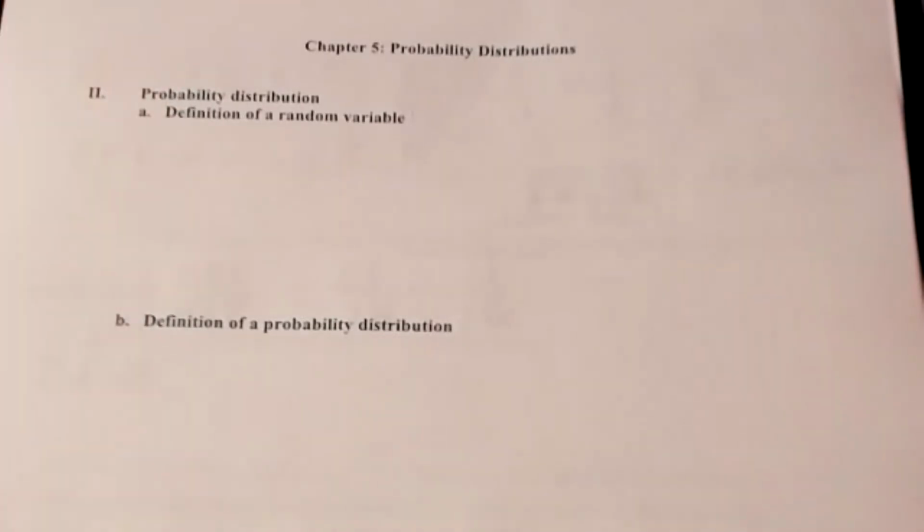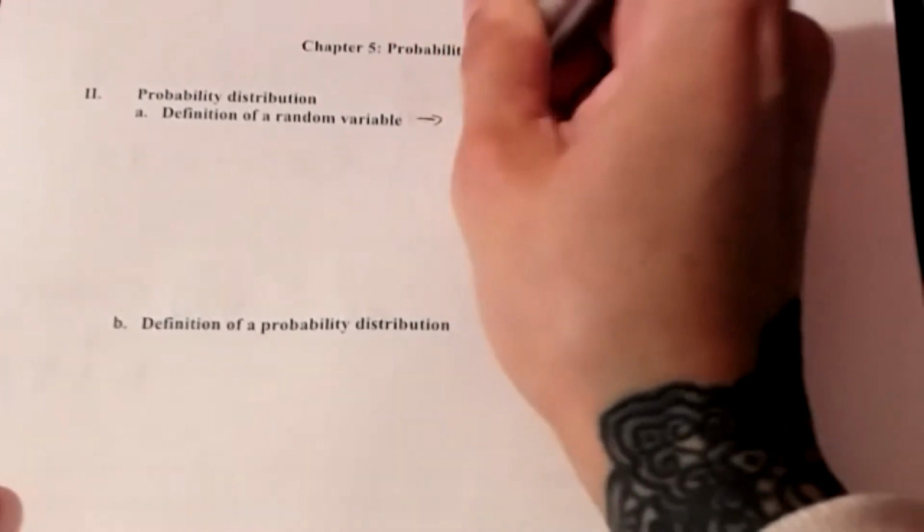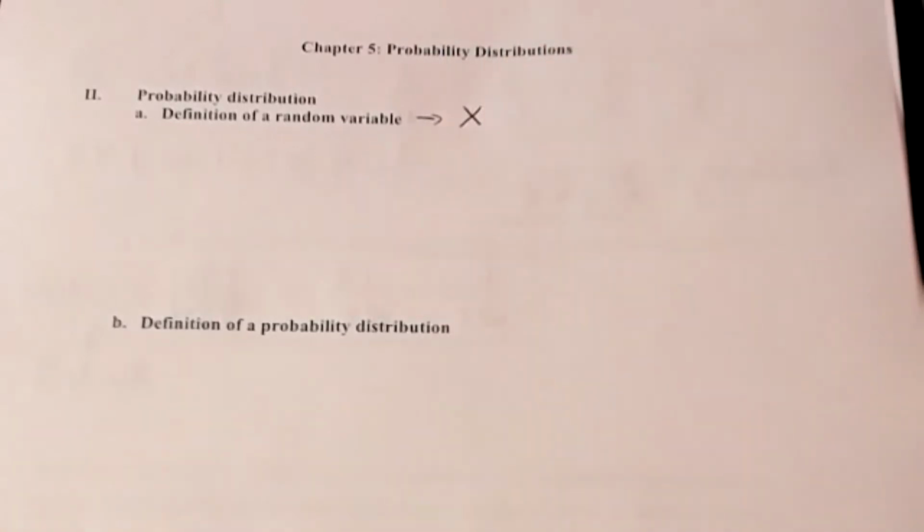We're going to start with some definitions here. I know not the most fun thing, but no big deal. We're going to start by defining a random variable. So first off, typically when you see a random variable, its notation is going to be a capital X. So a random variable,